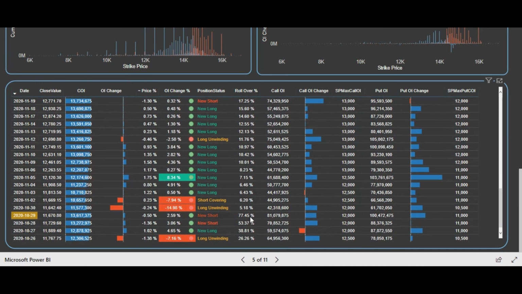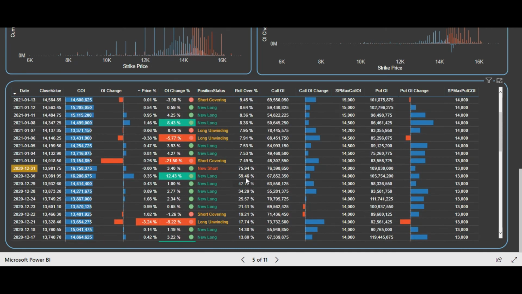And then you see that 77.45. So if you take out the average and just see that more or less it's the same, so hardly a difference of 1 or 2%. So 75, 76, 77, so it is very much similar. Now we have to see the cumulative open interest.